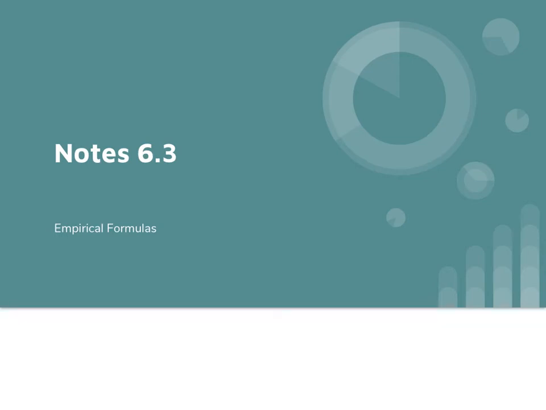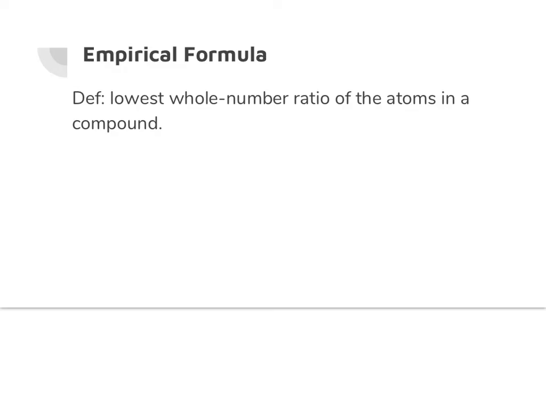In this set of notes, you are going to be learning about empirical formulas. Before we get into how to calculate an empirical formula, let's first talk about what an empirical formula is. An empirical formula, by definition, is the lowest whole number ratio of the atoms in a compound. For some compounds, the empirical formula gives you the actual chemical formula. In other compounds, the empirical formula is just going to give you the ratio of atoms